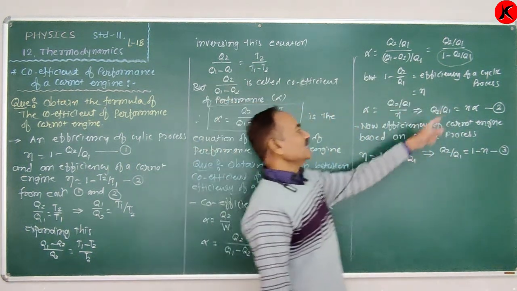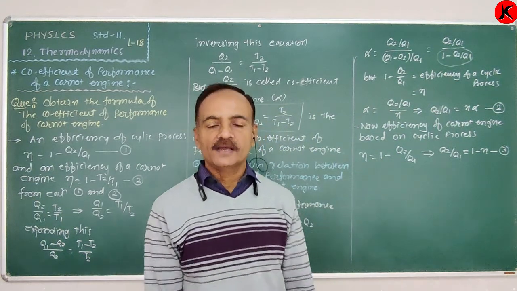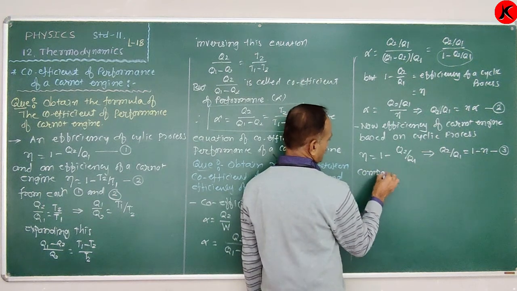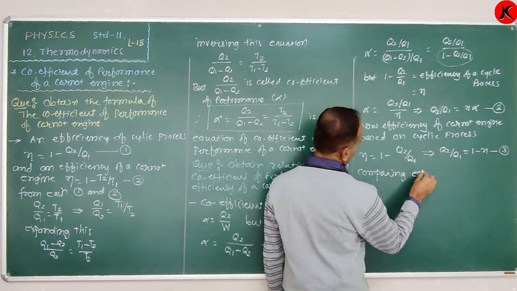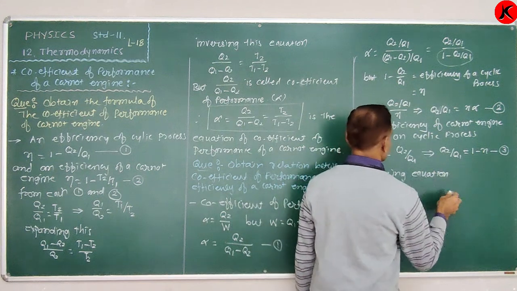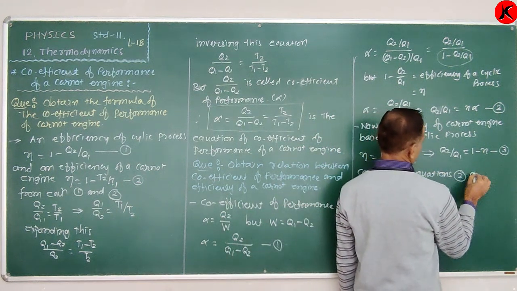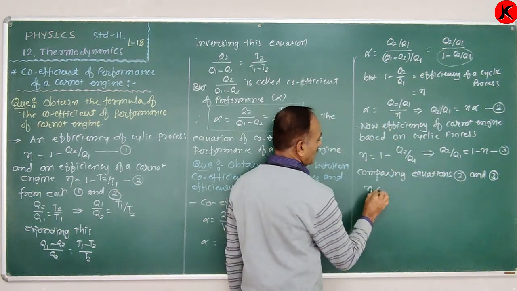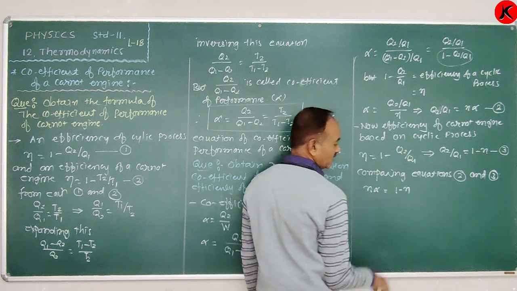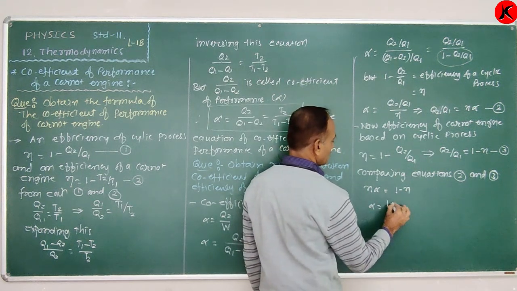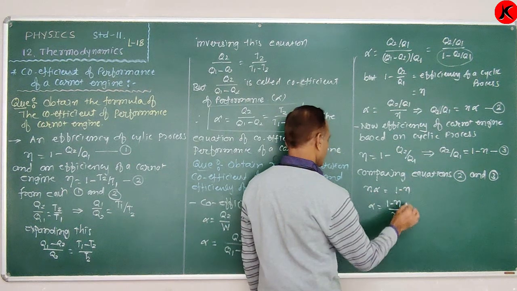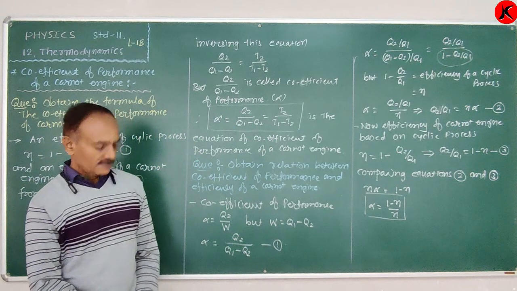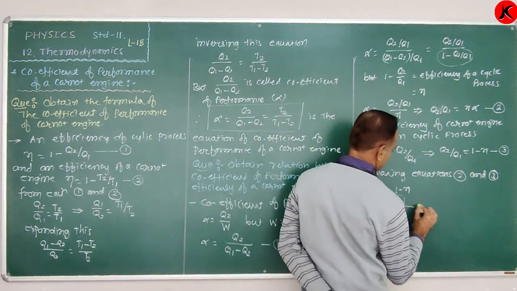Now, the left-hand sides of equations 2 and 3 are the same, Q2 upon Q1. Therefore, comparing equations 2 and 3, we obtain N alpha is equal to 1 minus N. Therefore, alpha is equal to 1 minus N upon N. This is the relation between